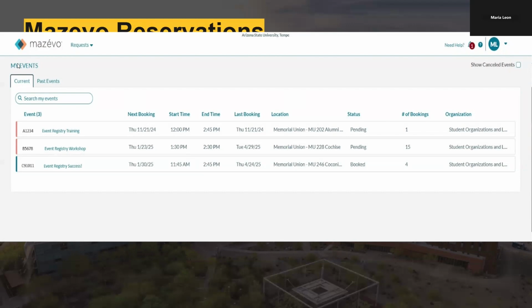Once we have put in the request for the room, it will show up under My Events under Current. So each event reservation booking now has an event number attached to it. We need to hold on to this number because this will come into play when we fill out our Qualtrics form at the end. For now, we have put the request in, and now we are ready to go on